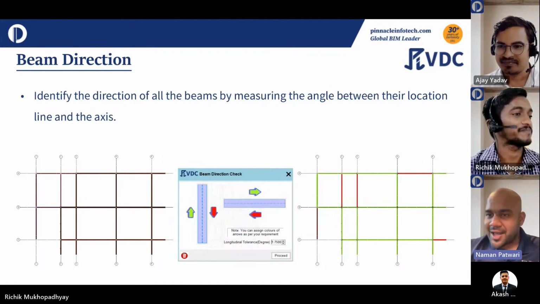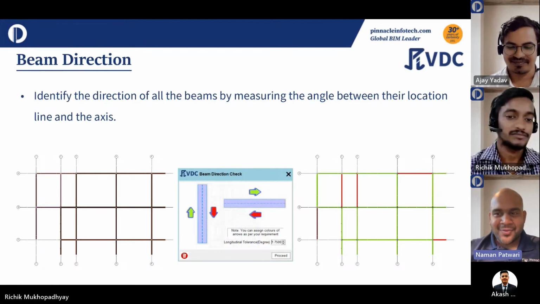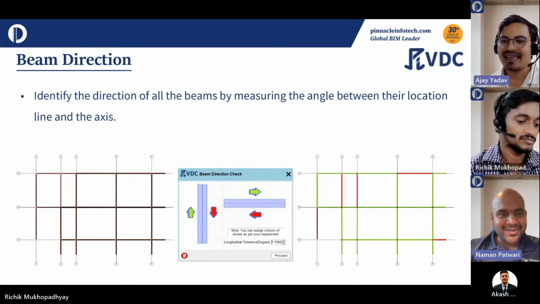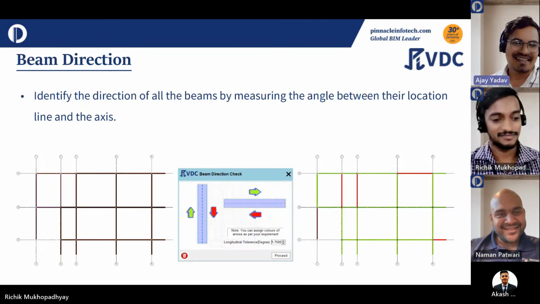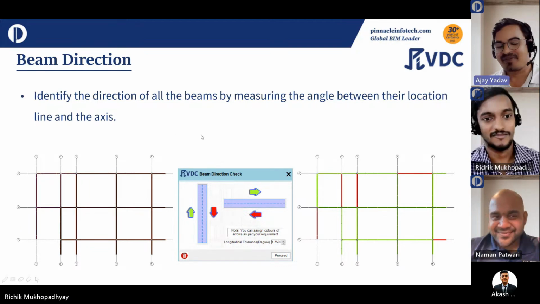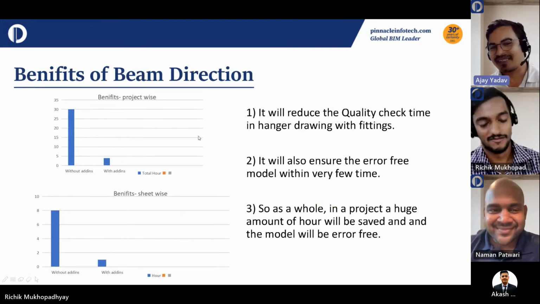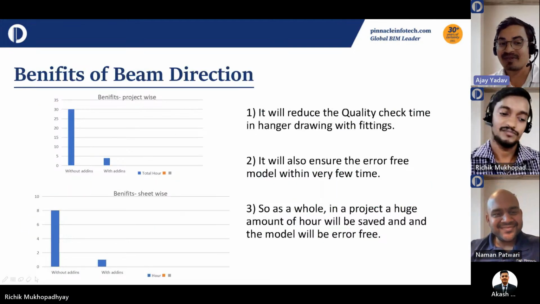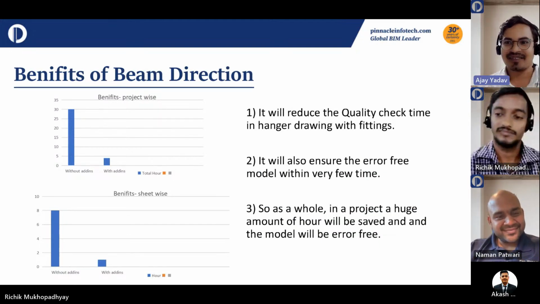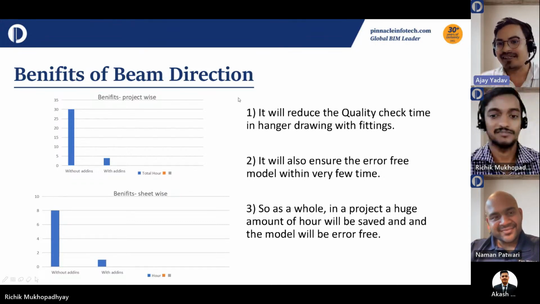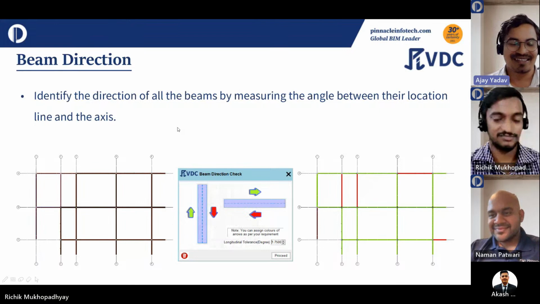Ajay, do you have anything? I think you work mostly on MEP projects, so I'm unsure if you have used beam directions before. I work mostly on the MEP project, so I have very little experience with this, almost none. But I have seen people using these things because in the structural or ACS department, the beam and column and everything is a very common thing. So people are very much